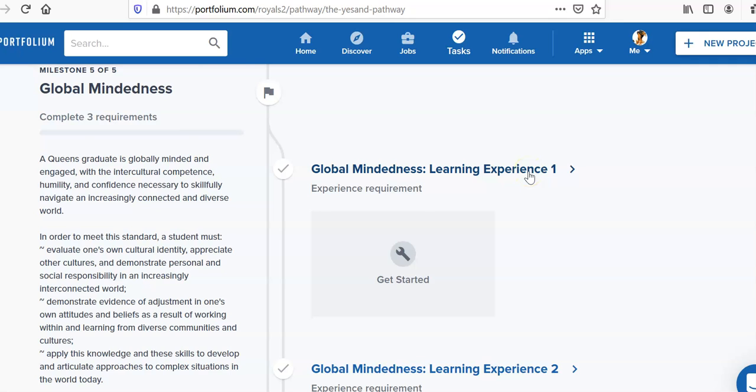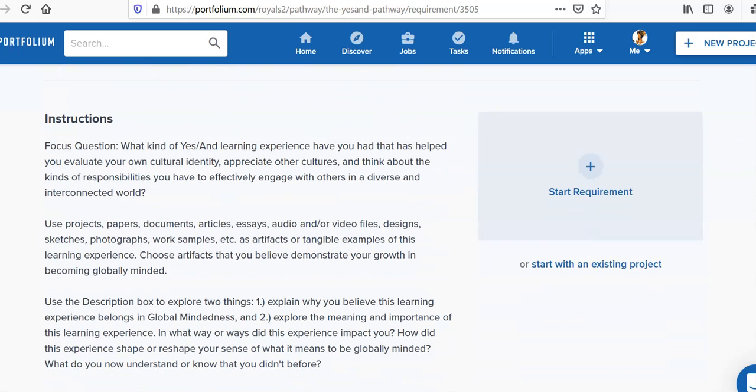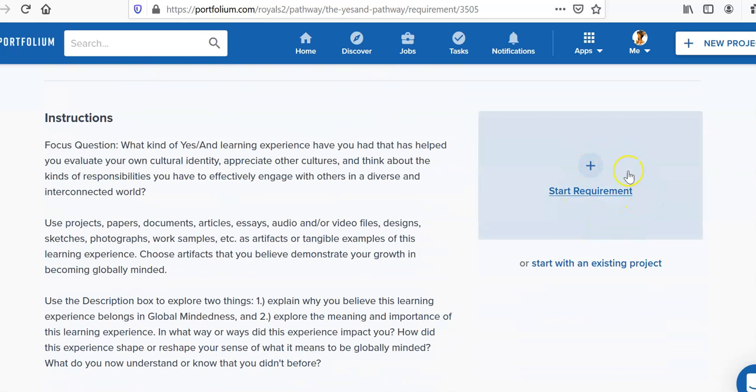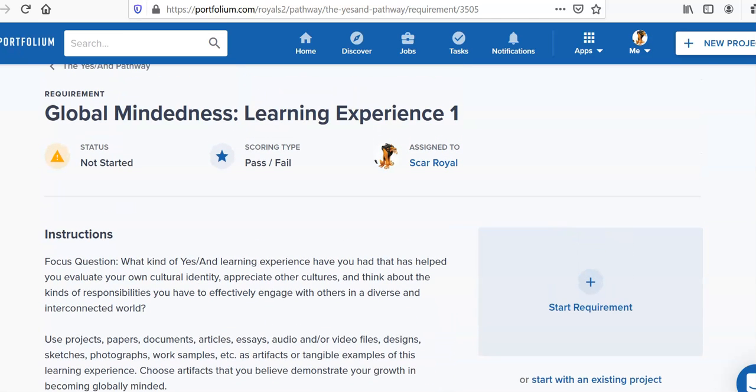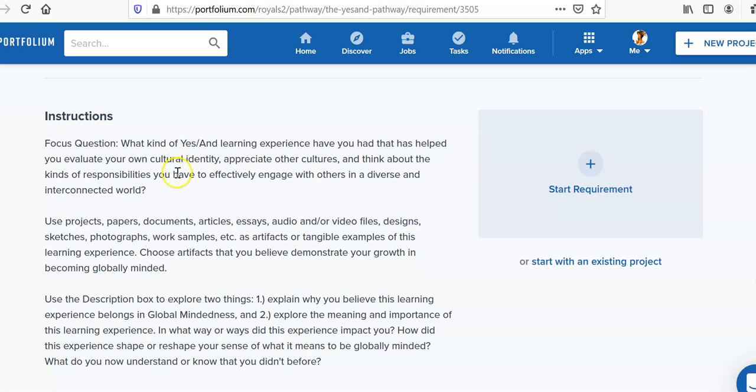For each attribute, you'll see a place sitting here for learning experiences. You'll recognize the structure once you click into this, and I'll show you that in just a moment. This is simply a project that's sitting inside of Global Mindedness Learning Experience 1. So when you click in, you'll see a focus question that kind of directs your thinking. You'll see a description of how you can populate